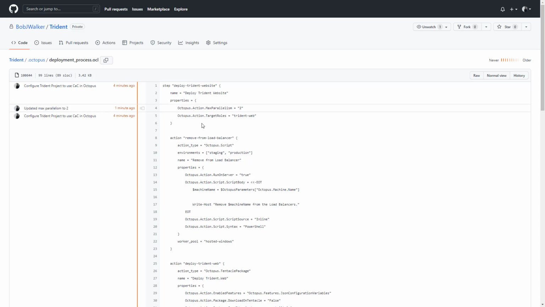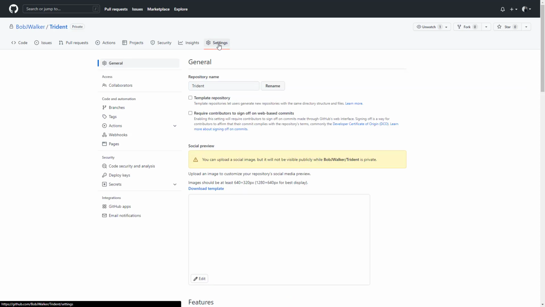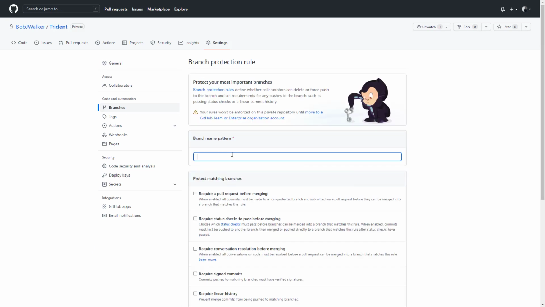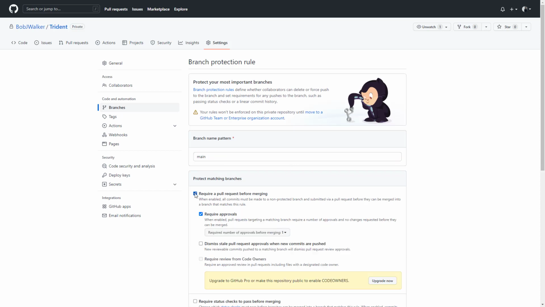That's great, but the business use case that we have is we want to prevent people from being able to edit the main deployment process without getting approval. And the way that we're going to do that is we're going to set what's known as a branch protection policy. So if I come into here, I can add a branch protection rule. So this is my default branch, my main branch. Let's add this. Branch name pattern, main, and I will require a pull request before merging, number of approvals,